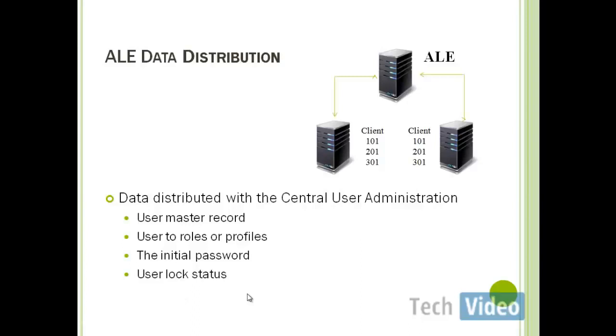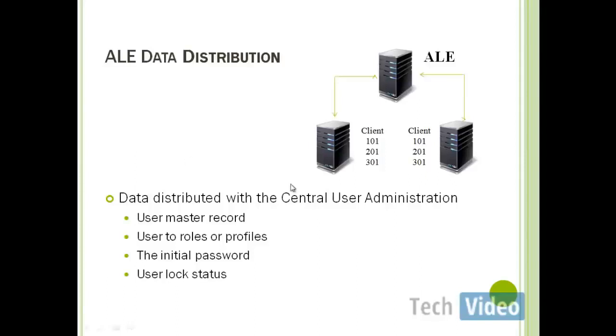The next one is user lock status. Let's say in addition to the user logon, when the user logs on and you have an incorrect logon, the user gets locked. More than that, global locking or local locking on the child system can be administered using CUA. So you do not need to log into the child system. However, as I said in the previous slides, we can configure whether you want to manage this type of activity centrally or locally by the specific local user administrator.